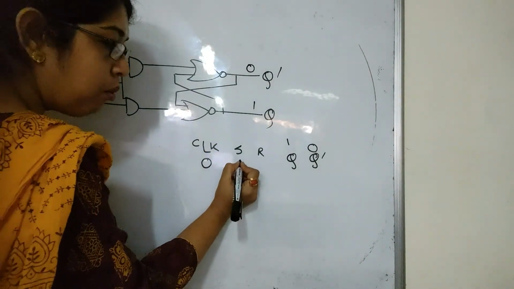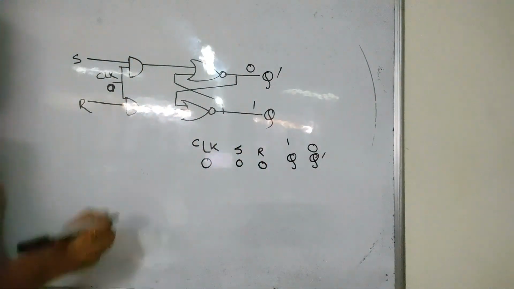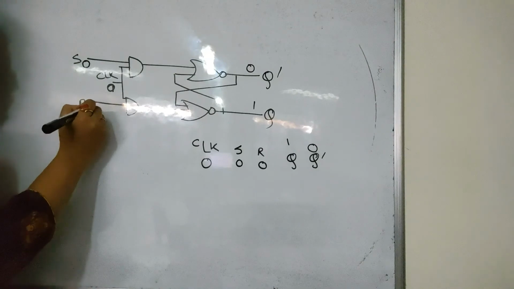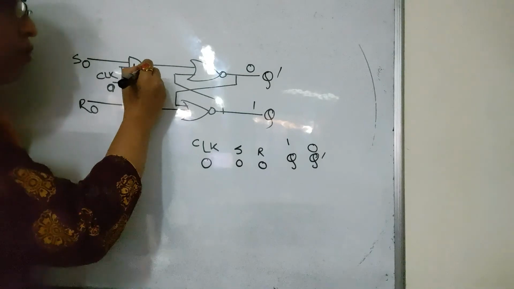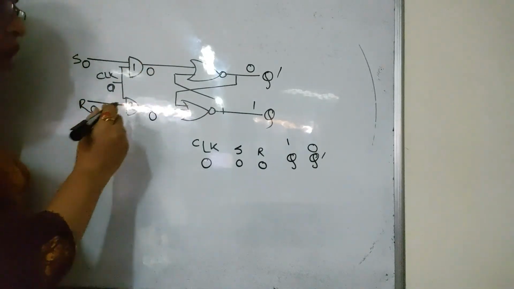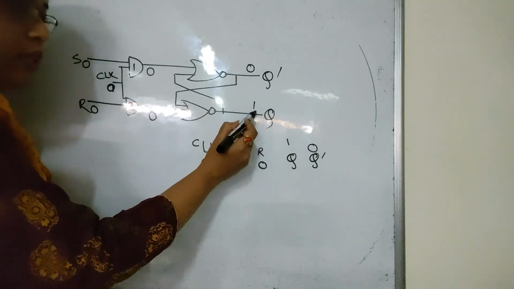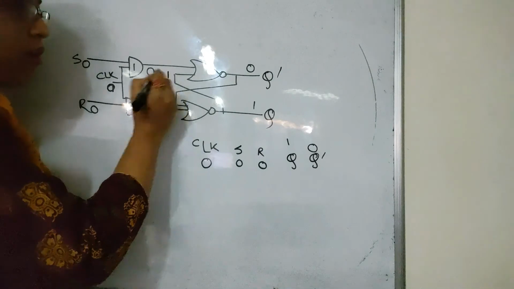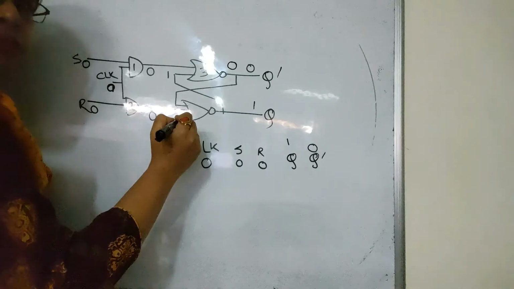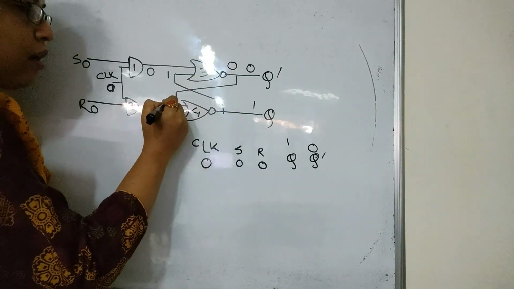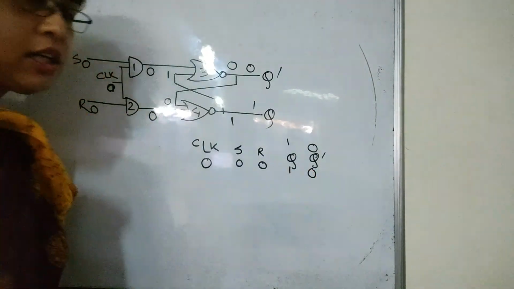We are giving 0, 0 as S and R. So if we give S value as 0, R value as 0, AND gate number 1 and 2 are going to give us outputs as 0, 0. Right? Now, we have to look into the feedback lines. This 1 is fed back over here. NOR gate number 3 is going to give us an output of 0. This 0 when fed back into NOR gate number 4 is going to give us an output of 1. So it remains in its previous state.